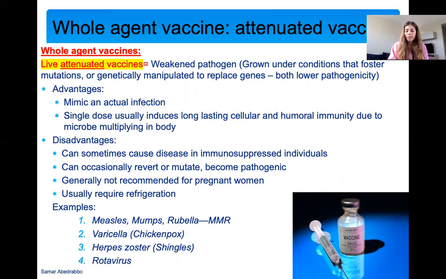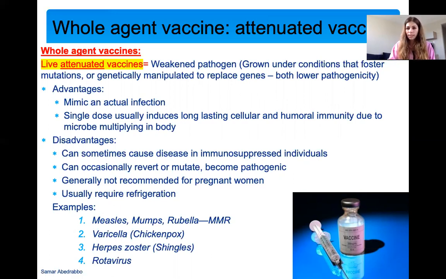The advantages is it mimics an actual infection, and a single dose can give you long-lasting adaptive immunity, so cellular and humoral immunity, because the microbe can actually replicate in the body. The disadvantages, because these vaccines are not very popular, is that sometimes, rarely, they can cause a disease in immunosuppressed individuals. That's why sometimes immunosuppressed individuals don't take certain vaccines, because they can cause the disease in them, because all of these are trying to mount a healthy, strong, proper immune response. They can rarely mutate in the body and change to cause the disease again. They're generally not recommended for pregnant women for these reasons, and they require